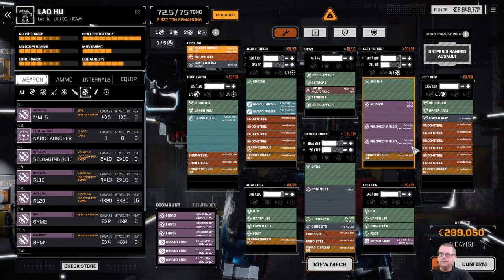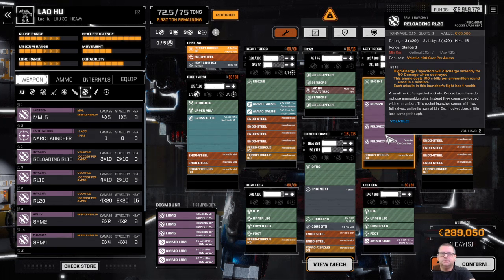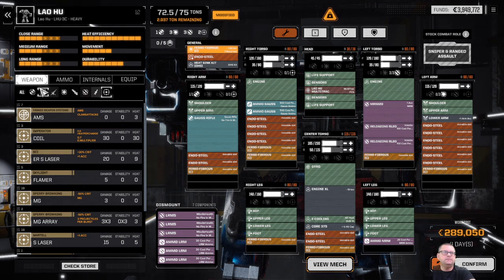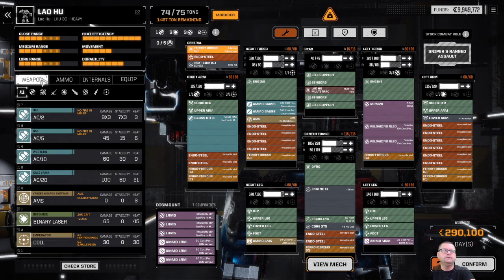Now remember, the reloading rocket launcher 20s only give us 2 shots and then we're done. So I think that's a good start. We've got 2 tons left. So we got the Gauss rifle that could shoot long range. We got the MRMs and the RL-20s that could shoot close range. Let's see. I think we should go AMS here. AMS and AMS ammo. And then we have, we're still doing really good for heat here. So, do we want to do...